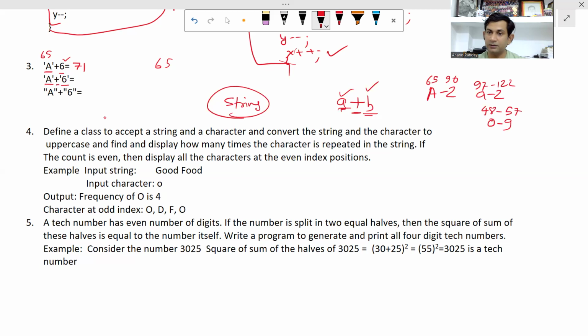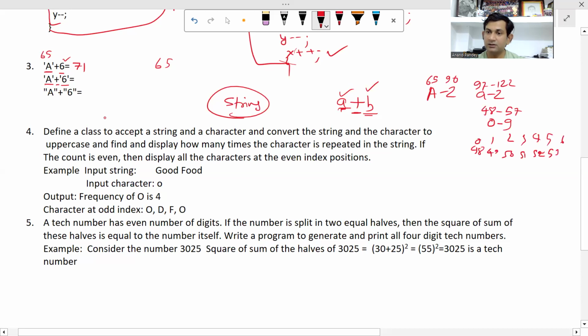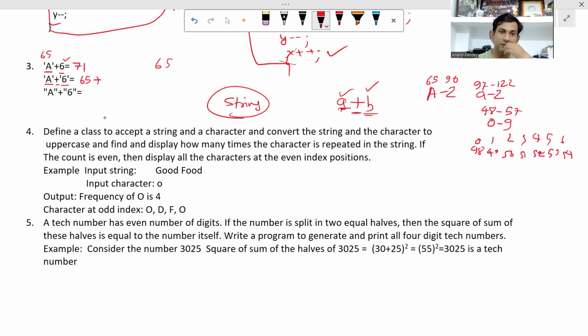54 आएगी, फिर गो थ्री, जीरो का होगा 48, वन का होगा 49, टू का होगा 50, थ्री का होगा 51, फोर का होगा 52, फाइव का होगा 53, सिक्स होगा 54। तो यहाँ पे कैपिटल ए की जो ASCII वैल्यू आएगी 65 है, और जो 6 है उसकी जो ASCII वैल्यू आएगी 54 आएगी, तो 65 प्लस 54 करेंगे तो हमें मिल जाएगा 109, तो इसका जो रिजल्ट आएगा सीधे सीधे 109 आएगा, दिस इज आंसर।